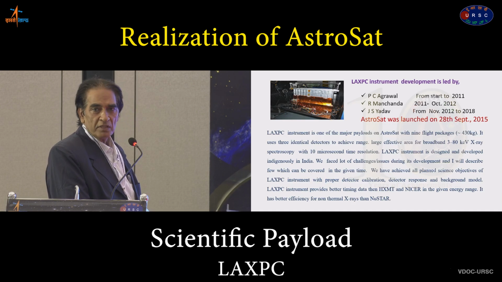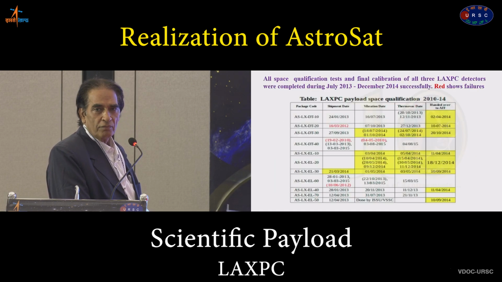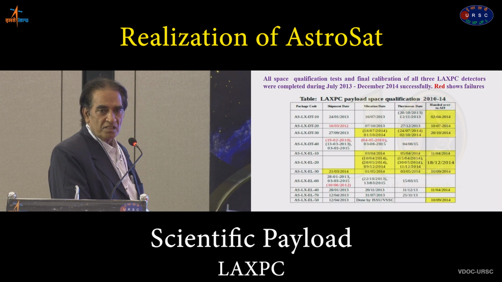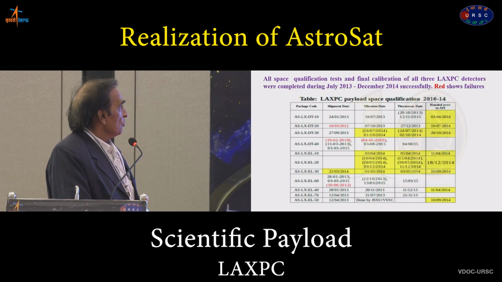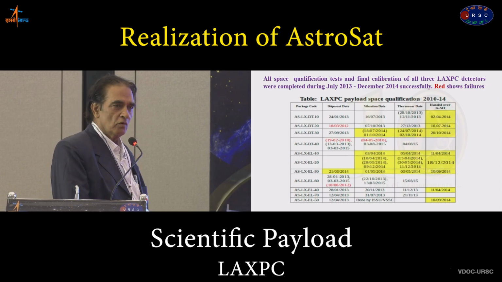And you will see that we have discovered recently one new type of burst in GRS 1915. This is 26 years of history of GRS 1915. This was discovered because it has the capability to discover that. No other instrument has that. So I will just quickly go through that most of the tests were done during July 2013 to December 2014. Red shows the failures, so there were failures before that. And in brackets, you see that some instruments, of course, we crossed